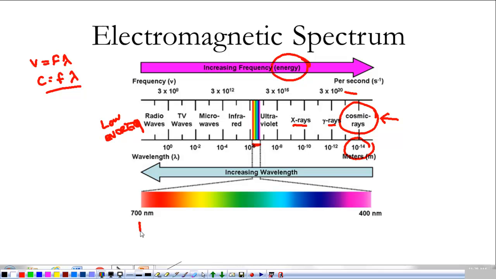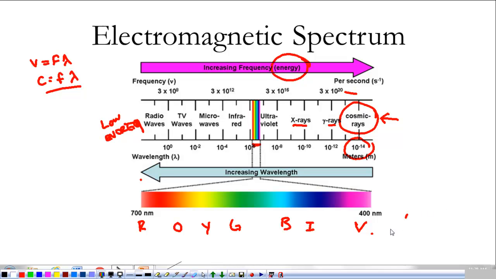But it goes from red, orange, we have yellow here, green, blue, indigo, and violet. That's Roy G. Biv. That gives me the colors of the spectrum, the colors of the rainbow that we see. So, in this Roy G. Biv thing, the red has the biggest wavelength and the lowest frequency. Violet has the highest frequency and the smallest wavelength. That's how light's going to work.